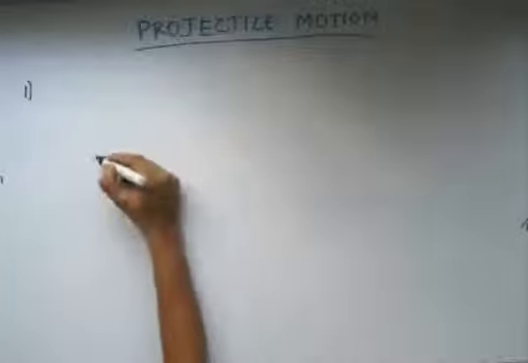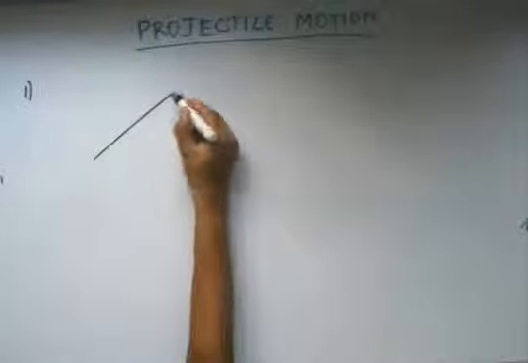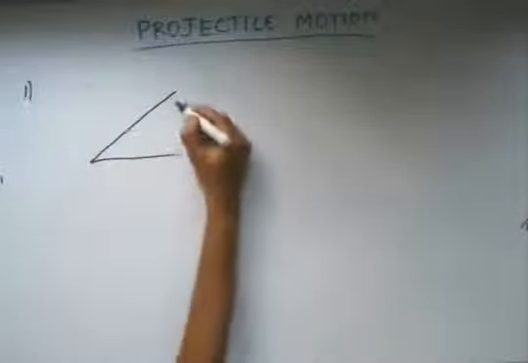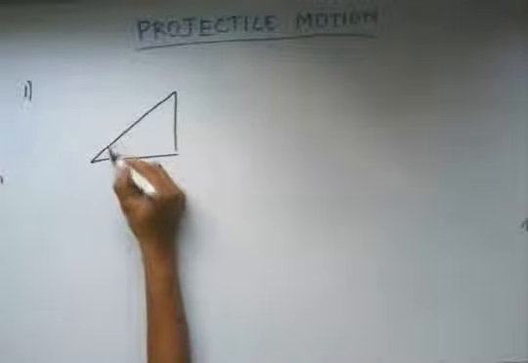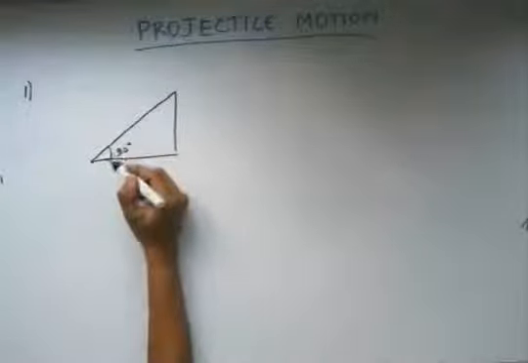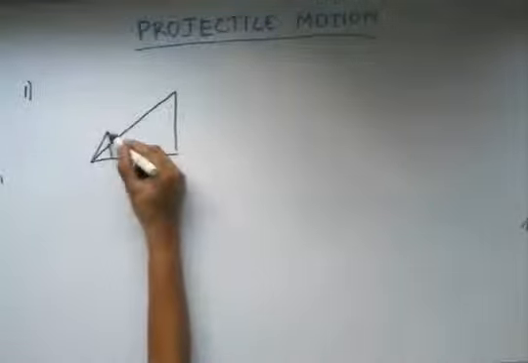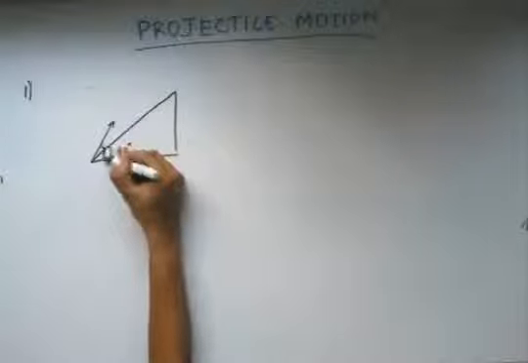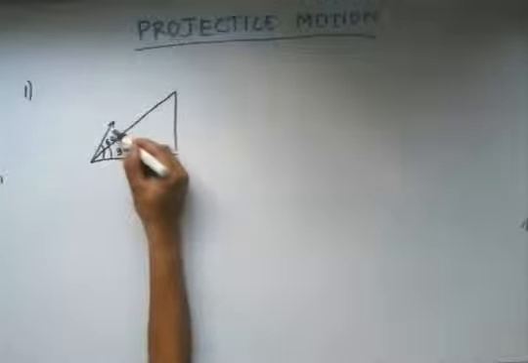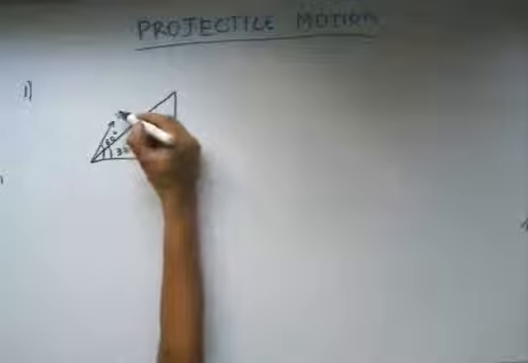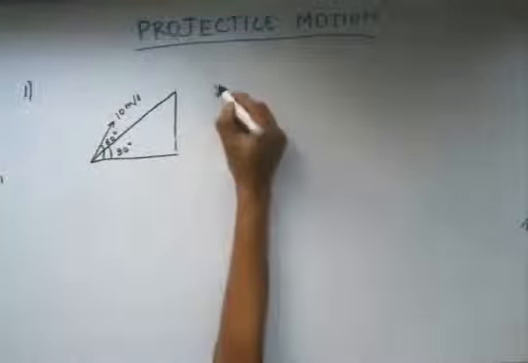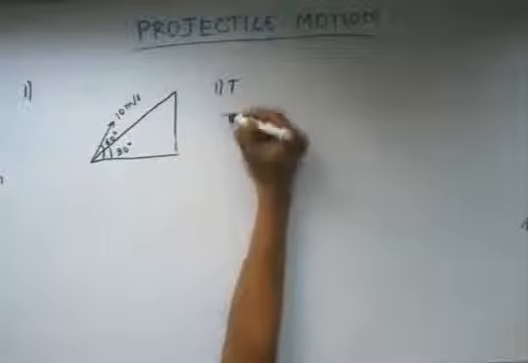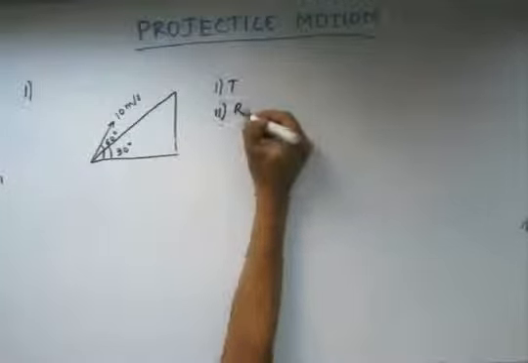The first question: we have an inclined plane whose angle of inclination is 30 degrees. A particle is projected at an angle of 60 degrees with respect to horizontal with a velocity of 10 meters per second, and the question is to find the time of flight of the particle, find the range of the particle, and